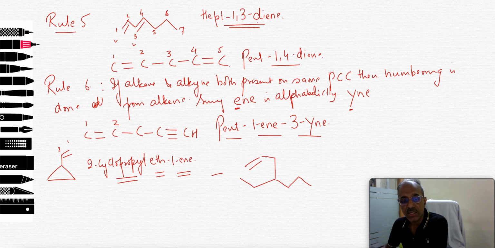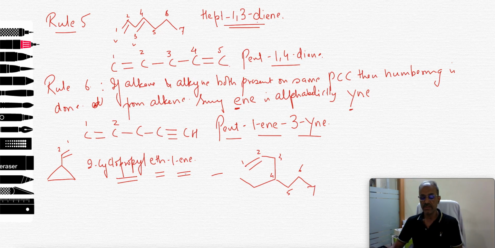See 1, 2, 3, 4, 5, 6, 7. This one not only is the longest carbon chain but also the double bond forms here. If I take 1, 2, 3, 4, 5, 6, this is just a 6 carbon chain. Here this is a 7 carbon chain. It's understood that it will be 1, 2, 3, 4, 5, 6 and then 7. Fine. Okay. Now we will see